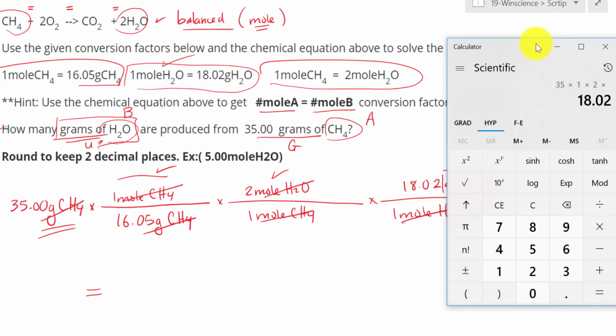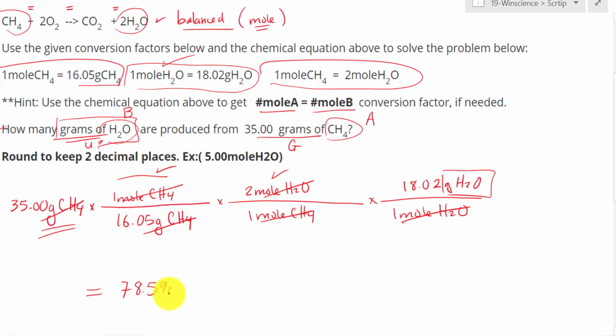18.02, and then we divide every single number on the bottom: divided by 16.05, divided by 1, divided by 1. Of course, we can ignore the 1. And that turned out to be 78.59 grams of